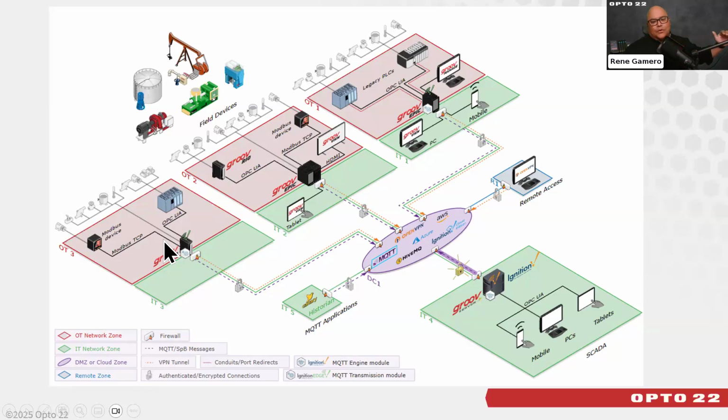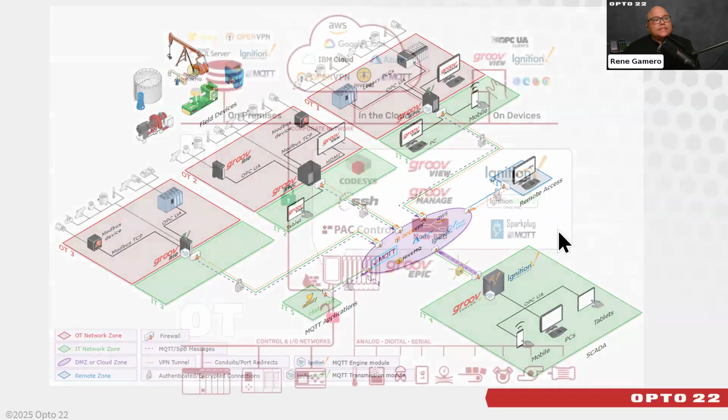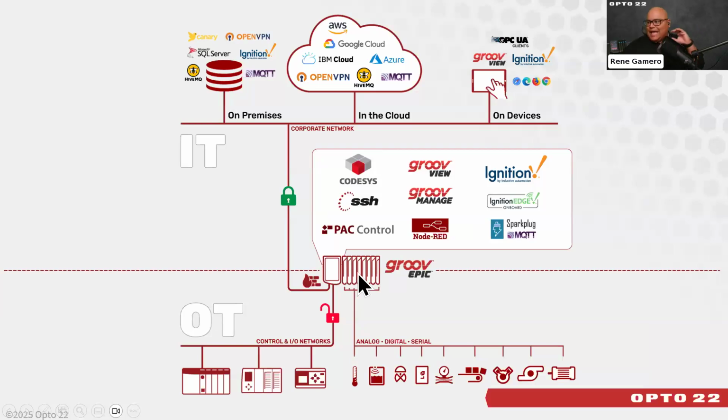And all you need to make your data uniform across all of these different sites, across all of these different architectures, and even across all these different levels of automation, is one Epic. With several of our customers, we've seen one factory completely manual, so they're using clipboards, using individuals that are processing different pieces, metal pieces, for example. And in others, you have some really state-of-the-art machinery that you're processing, of course, thousands of times more widgets. But by putting an Epic on top, you give it that uniform view, as long as you organize how that data is going to be published and then accessed. That's how you can then create that screen like you see here. So returning to that, it's the Epic in that middle piece